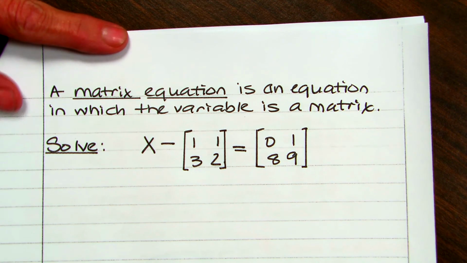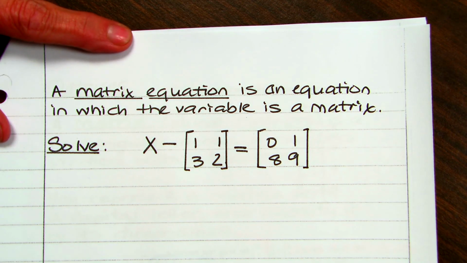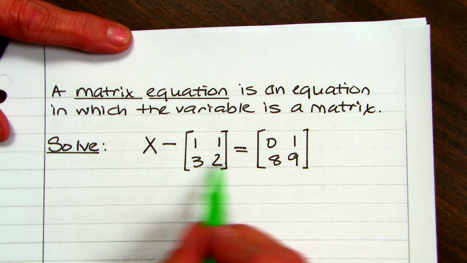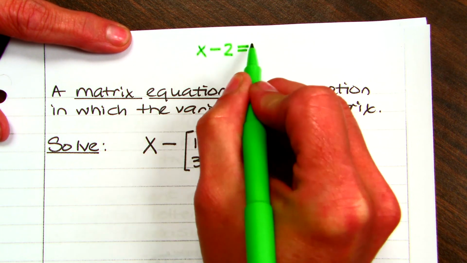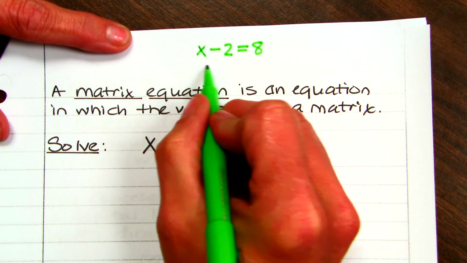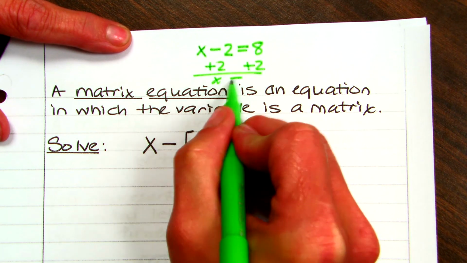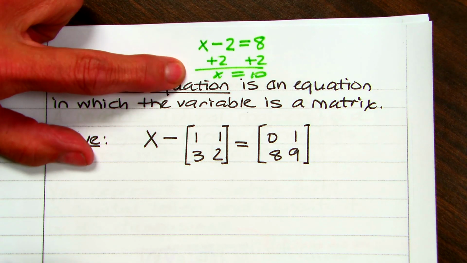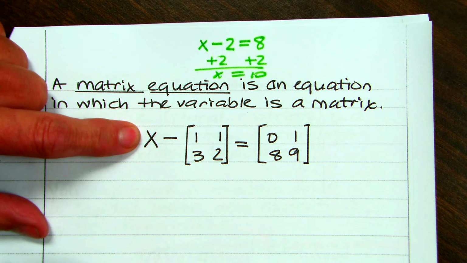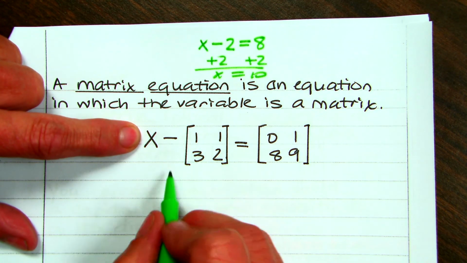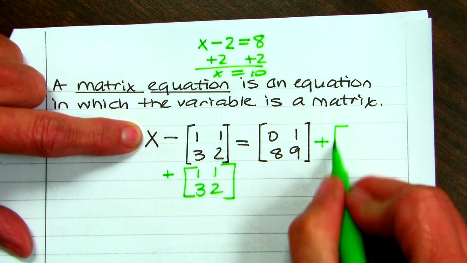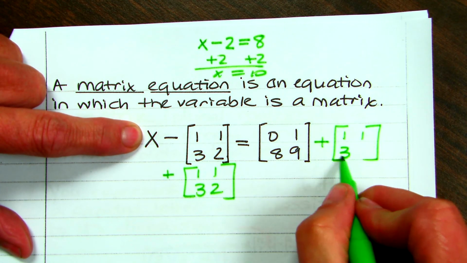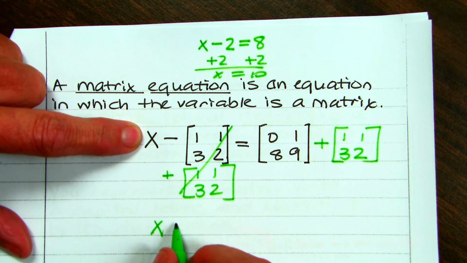All right, you can solve a matrix equation. A matrix equation is just an equation where the variable is a matrix. It's that simple. So I'm just going to take this setup and show you what it looks like in Algebra 1. If you had x minus 2 equals 8, you would just add 2 to both sides and get x equals 10. So this concept that you did in Algebra 1 is what you do here. So this is x minus this matrix, so to move it to the other side, we're going to add it. So those add out, and you have x equals